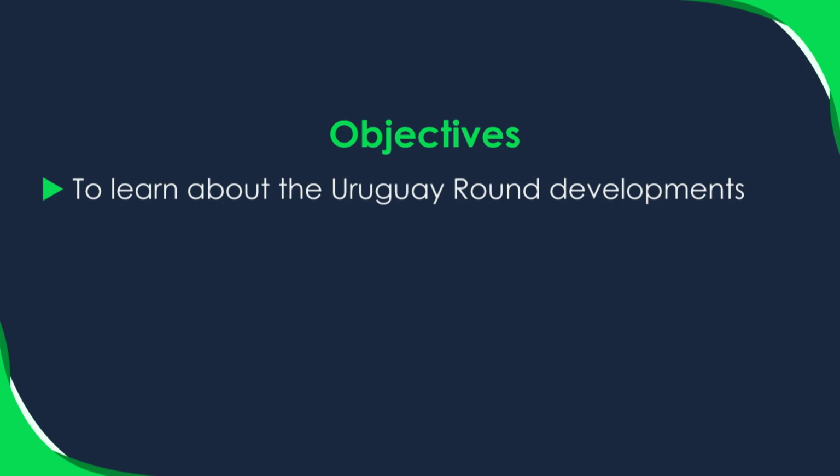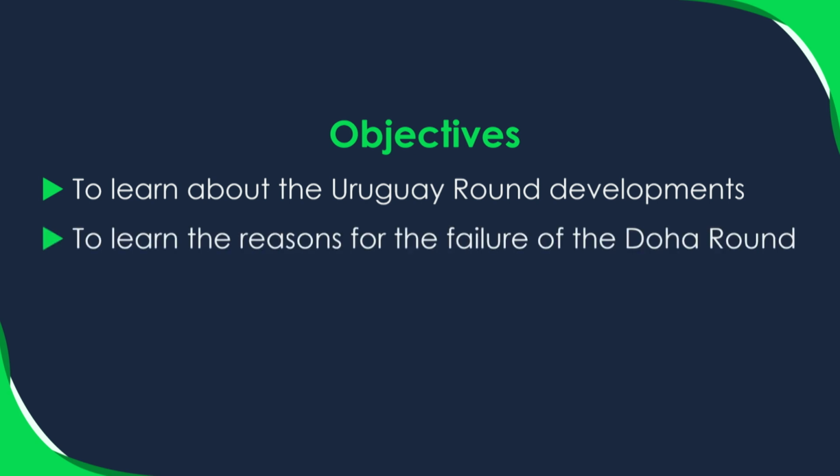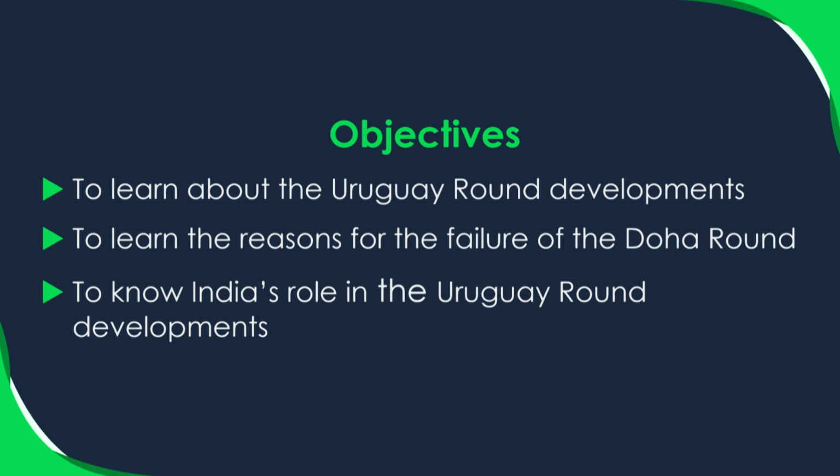In this lesson, we are going to discuss India and the post-Uruguay round developments. The main objectives of this lesson are to learn about the Uruguay round developments, to learn the reasons for the failure of the Doha round, and to know India's role in the Uruguay round developments. We begin with the first part of the lesson, in which we will discuss India and the Uruguay round